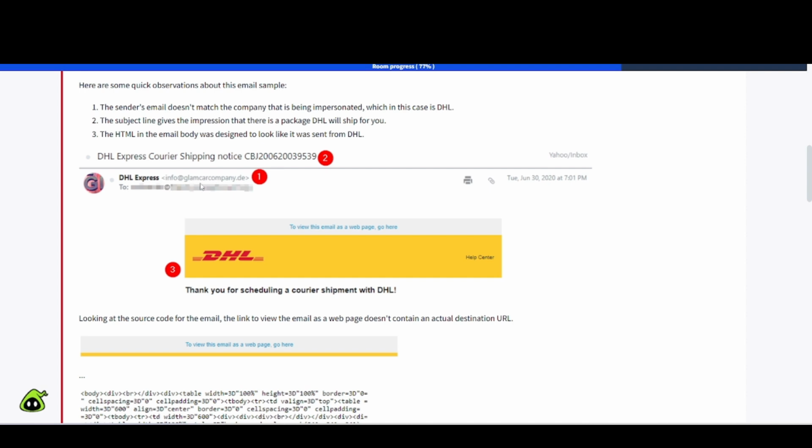We can see that here. It's coming from glamcarcompany.de. They're pretending to be DHL Express. Number 2, the subject line gives the impression that there is a package DHL will ship for you, which is right here,